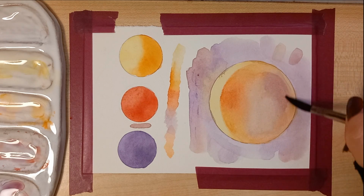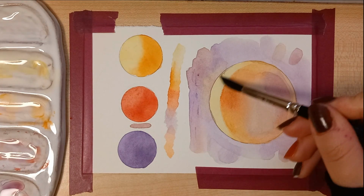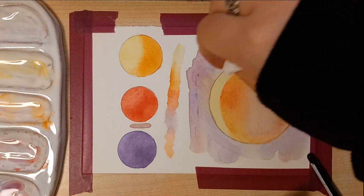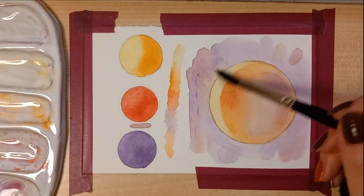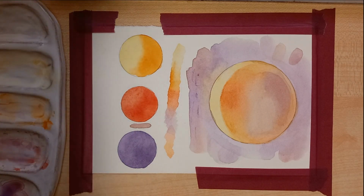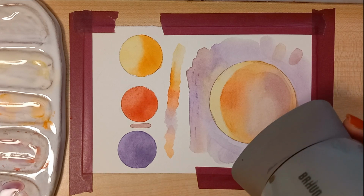So you'll notice that it will push away the background color and leave an even lighter zone. Eventually, you can also leave the colors, as I did, because I clumsily went on the light with my darker color. And yeah, if you want to create even more contrast, then you can use either gouache or pastel pencils